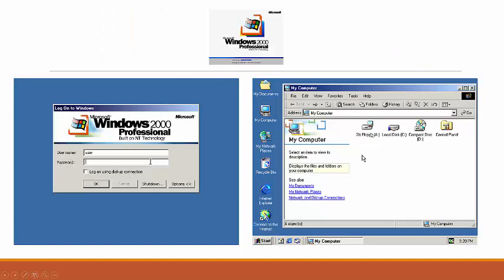In the same year, in '99, Microsoft released the next version of Windows NT, and they called it Windows 2000. Again, trying to cash in on the Millennium thing. This is a direct descendant of Windows NT, so it does not use the DOS kernel. It's its own entity, and it had the same GUI as Windows ME. This also introduced a lot of elements that we use today. This introduced the concept of Active Directory, which is the Microsoft Directory Service. It's the one that we still use today. If you're running Windows Server 2012 R2, you're running a system that's a direct descendant of this operating system right here.